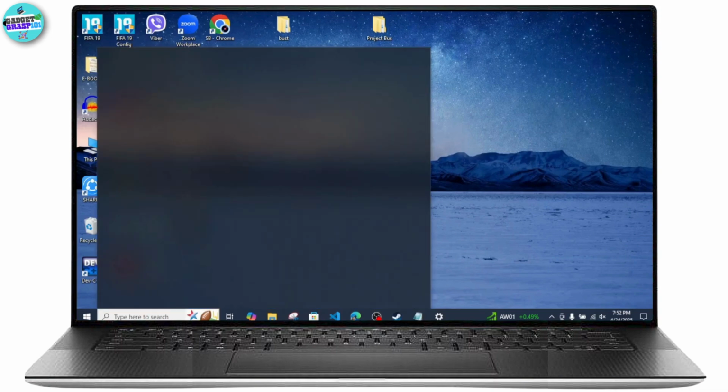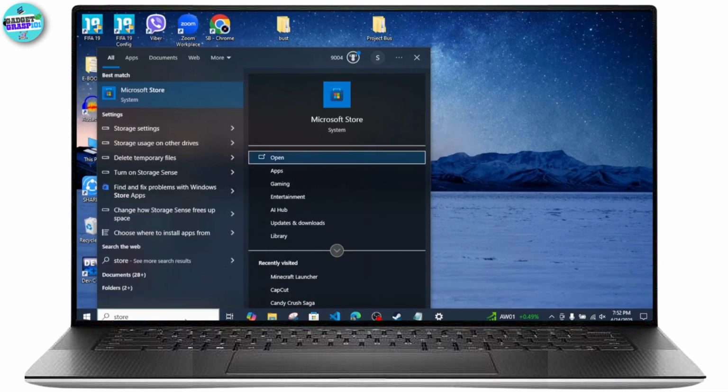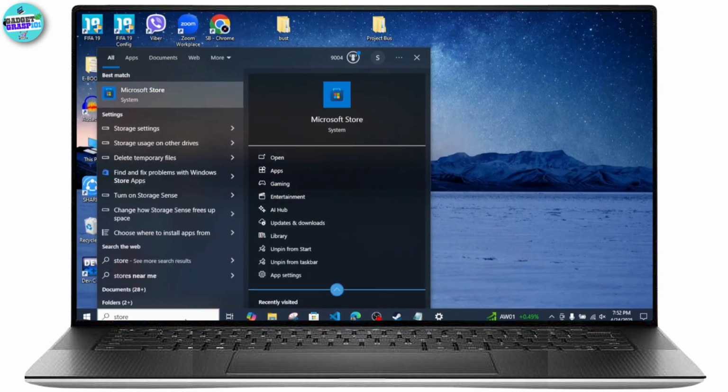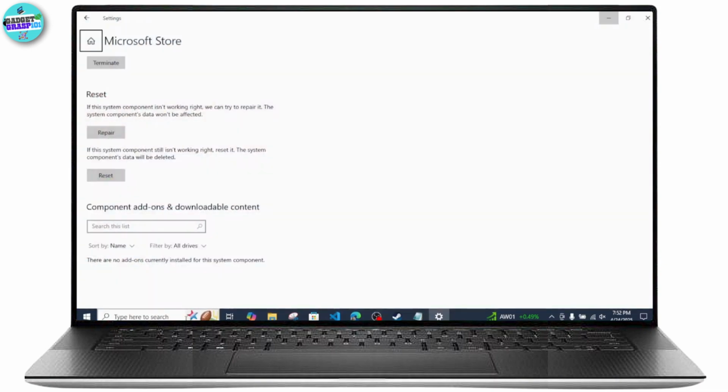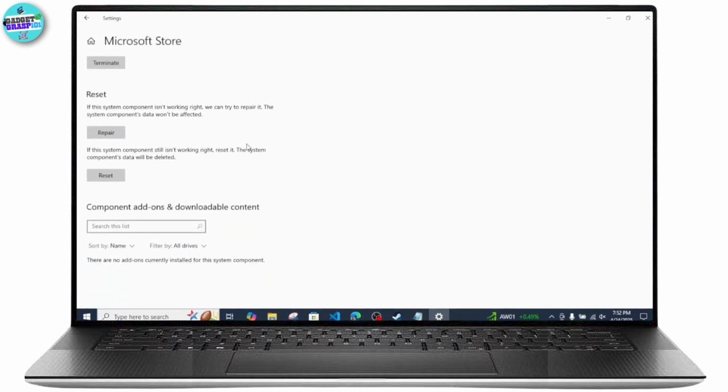to your search bar and simply search for Store, Microsoft Store, and just head over to this right section and simply click on this app settings, which will take you to the Microsoft Store settings. From over here, just scroll down until you see this repair option. If this system component isn't working, that means your Microsoft Store is not functioning properly, then simply click on